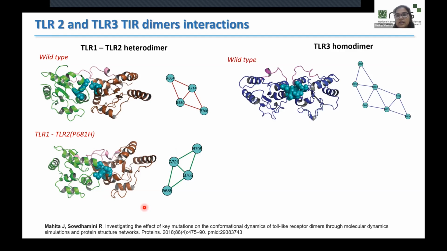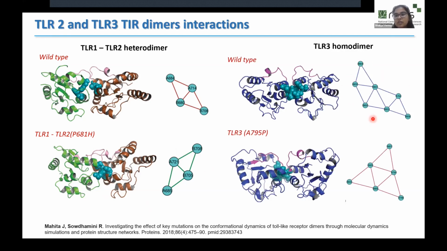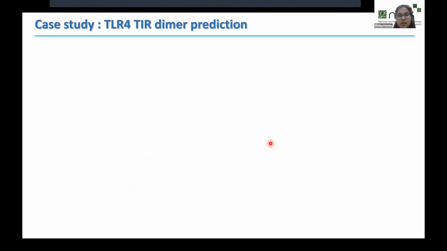Similarly, in the case of TLR3, similar patterns were observed where there was a larger community involving 7 residues in the case of wild type, but in the case of the mutant, which is A795 to proline, the changes in the residues were leading to a community of 6 residues and also abrogating the downstream signaling. So looking at one of the TIRs from TLR4, let's see what are the different approaches we